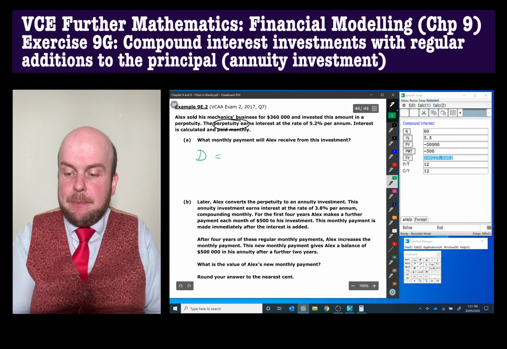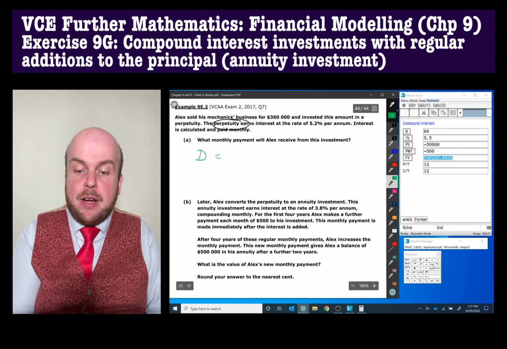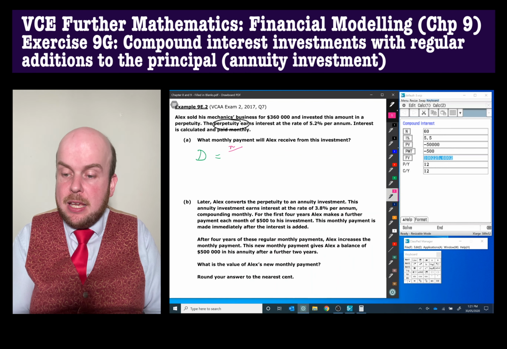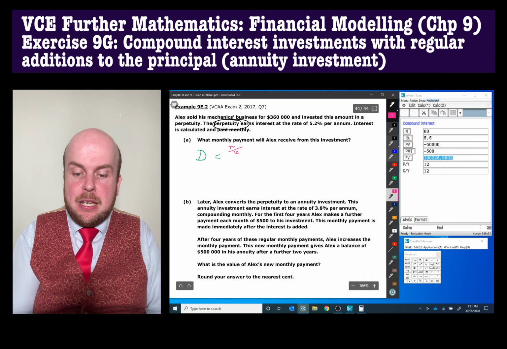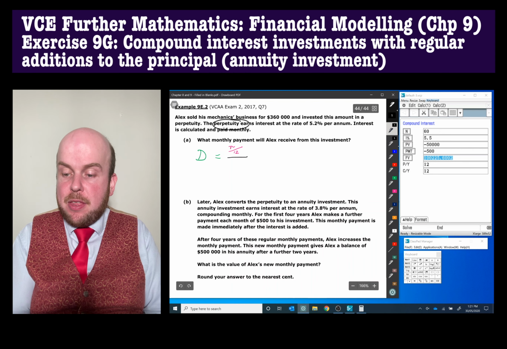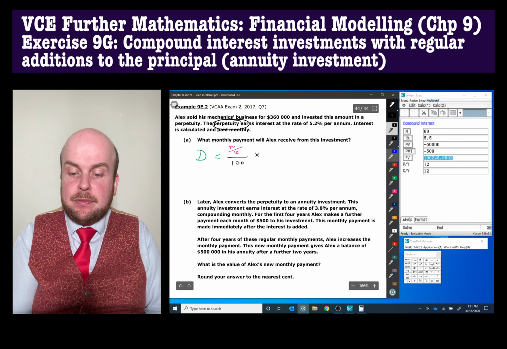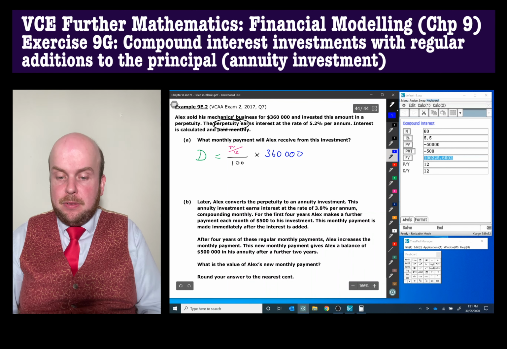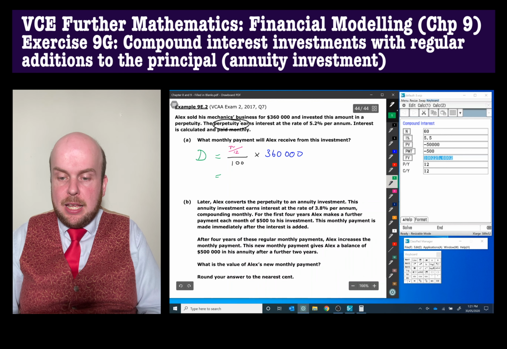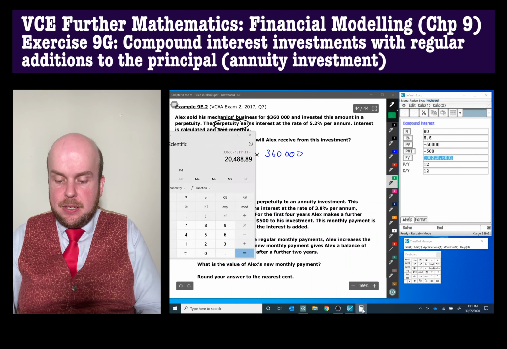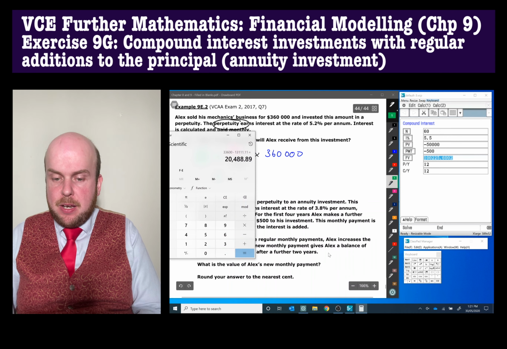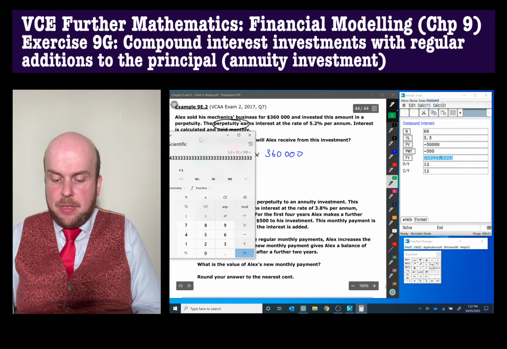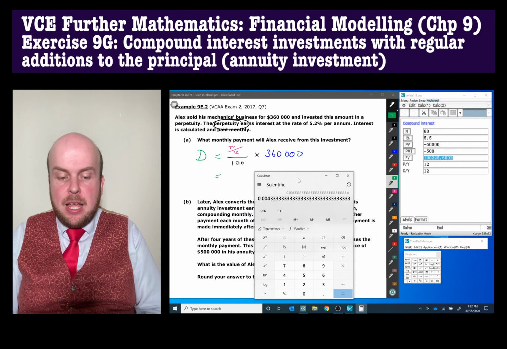So that's going to be little r over, in this case it is 12, so it's going to be monthly, and it's going to be divided by 100 times by that 360,000, and then that is going to be equal to, so the little r is 5.2% divided by 12, divided by 100, and then times it by $360,000, and that gets me